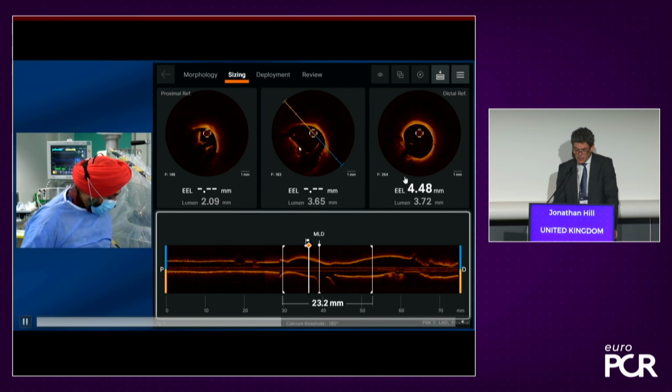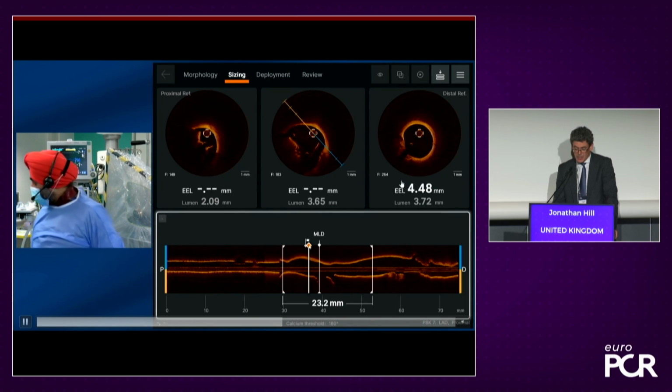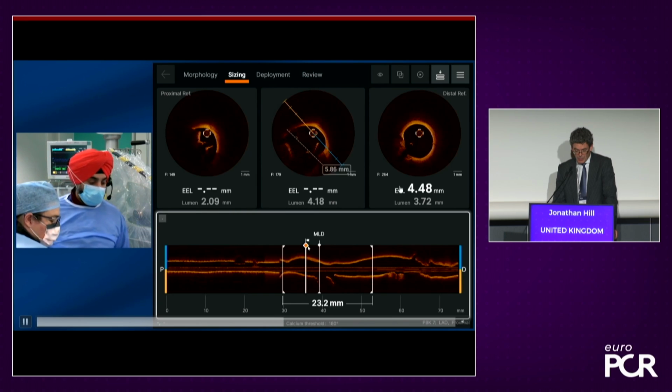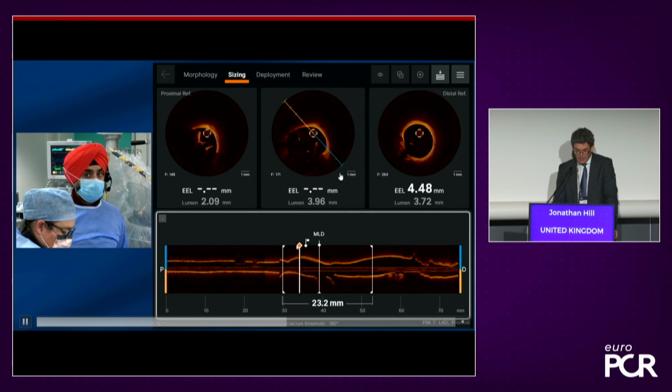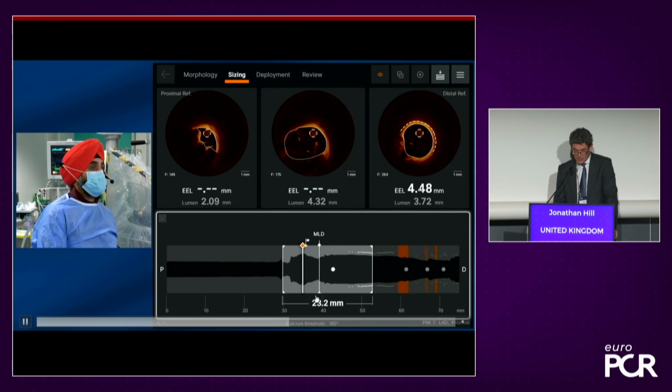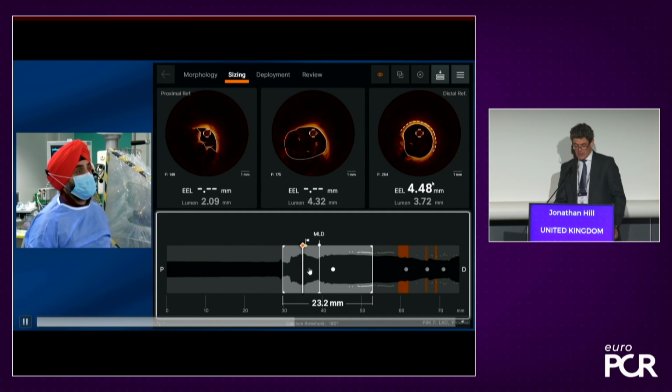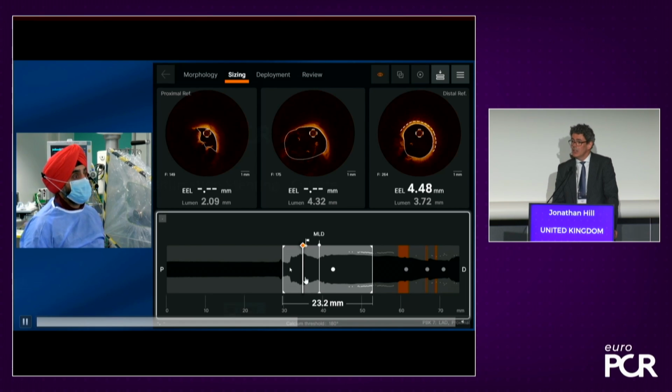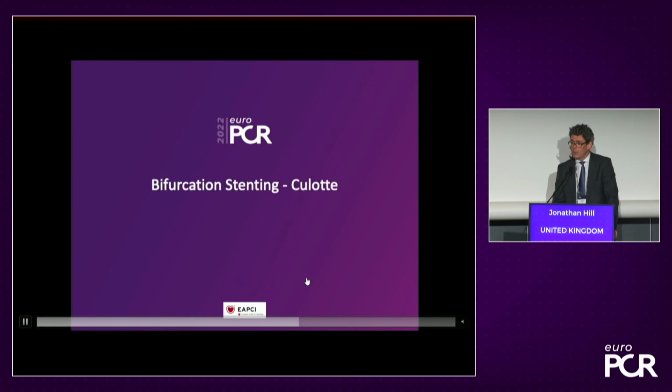So we're using this artificial intelligence software. This is the Ultreon software from Abbott Vascular, so the new way of looking at OCT. And so this is an AI-derived measurement. And we're then looking at the MLD in that region where this is the densest area of calcium, very good expansion. So we'd have every confidence in this situation that we can put a stent in and we would see